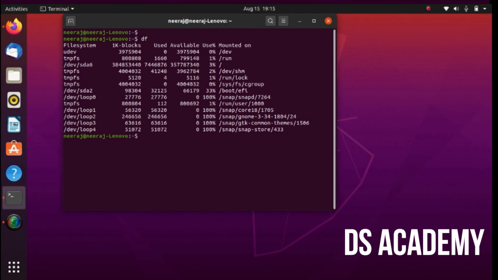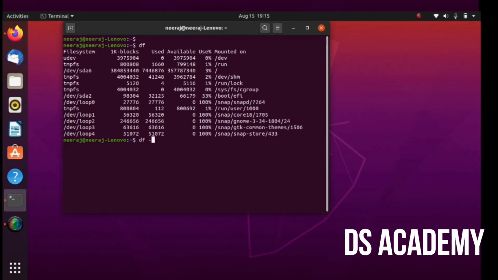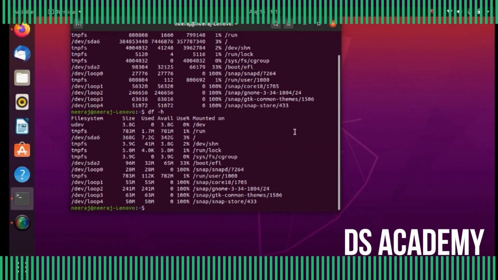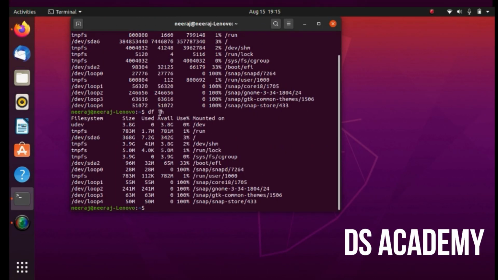Next command is df command, which is disk free, and -h shows it in human readable format. When I said df, it shows me the hard disk of my system, and the size available and the size used.